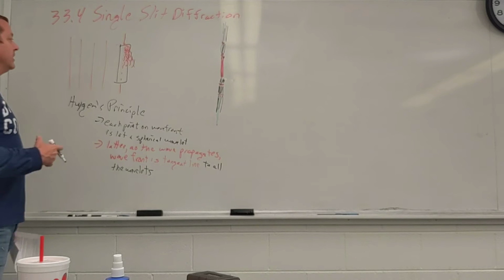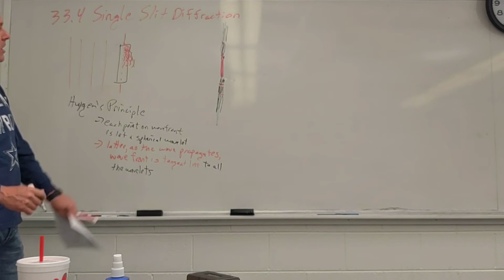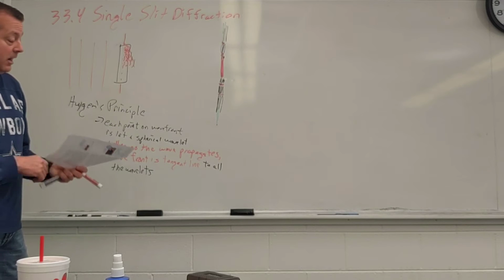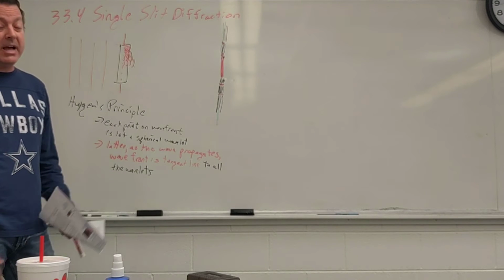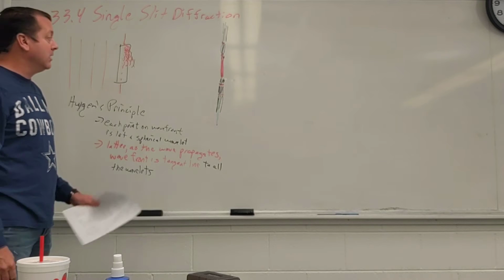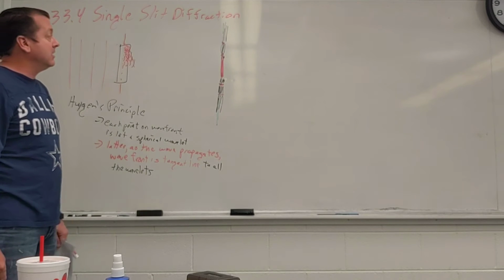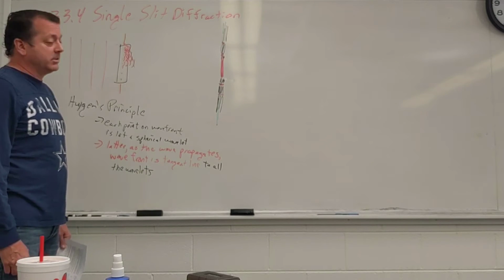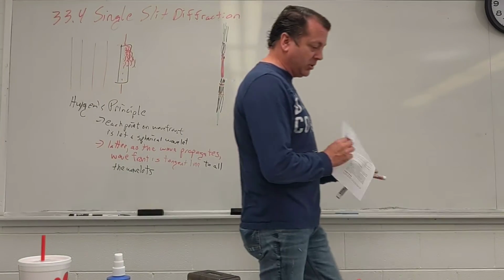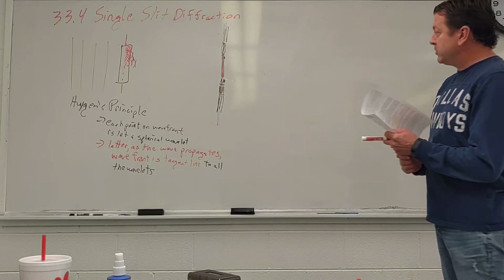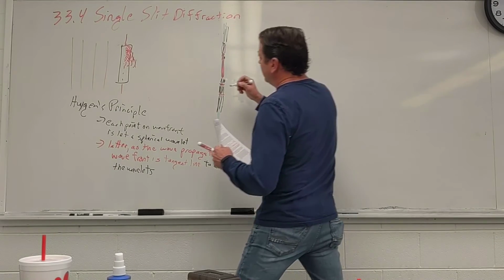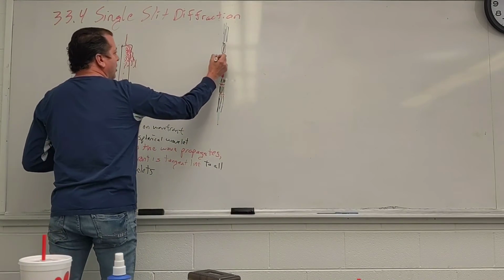And the book goes through and shows you how you can use Huygens principle to solve single slit diffraction. I think that's more for an optics course. What I will say is, I will look at the results from that. And if you look at the results, what you'll see is the angle of the dark fringe here,